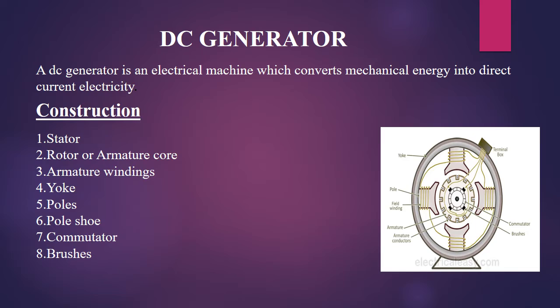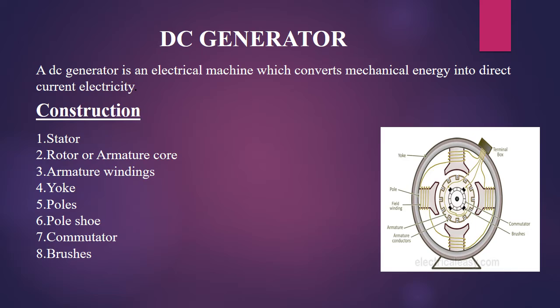Interpoles are the commutating poles in DC machines, and they are provided to improve the commutation. Armature. The armature consists of an armature core and armature windings. The armature houses the armature conductors or coils. The armature along with the conductors rotates under the poles, and the flux produced by the field magnet is cut by the armature conductors. This causes the high hysteresis loss in the armature core.